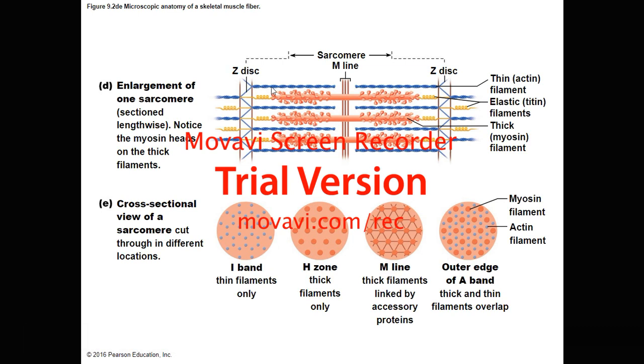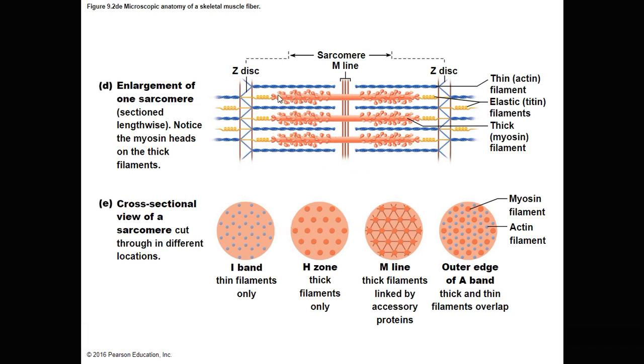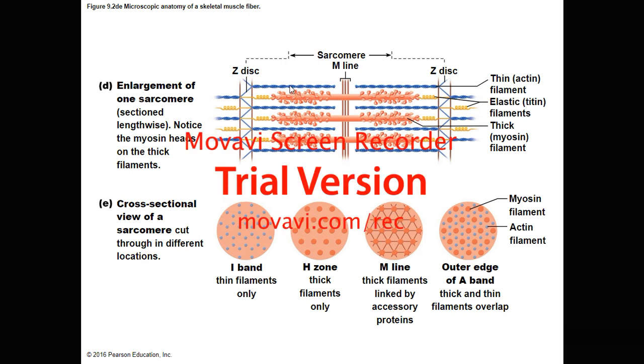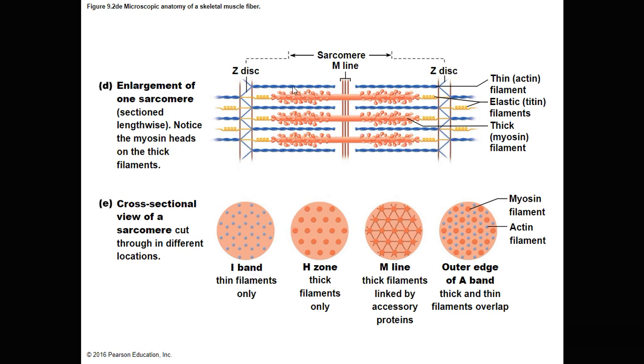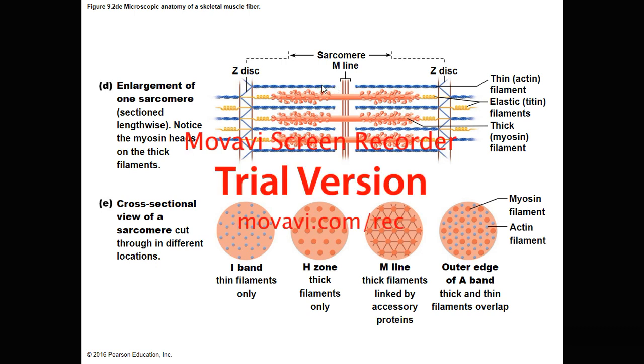And you can also see on the thick filaments these myosin heads, and these blue ones are the thin filaments. So essentially, when a muscle contracts, these myosin heads are going to bind to the thin filaments, and then it's going to use ATP. It's going to cleave ATP, and it's going to move, causing the thin filament to slide past it. And essentially what's going to happen is the thin filament is going to slide past the thick filament, and this